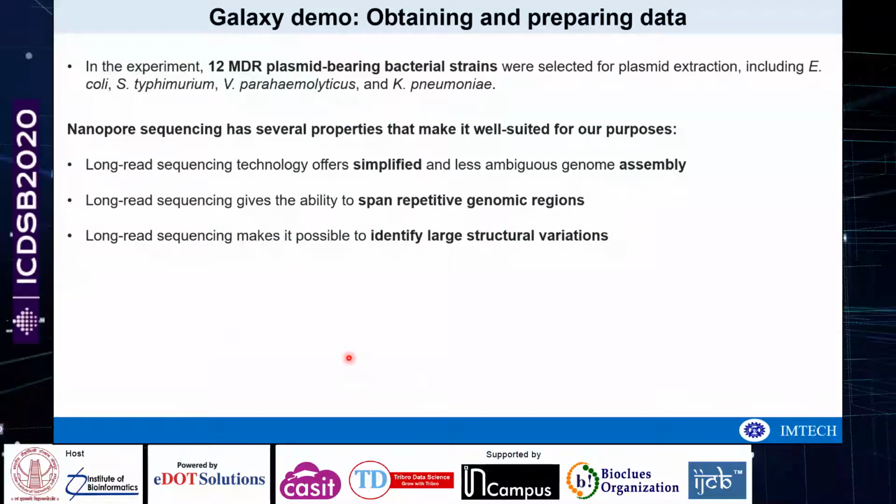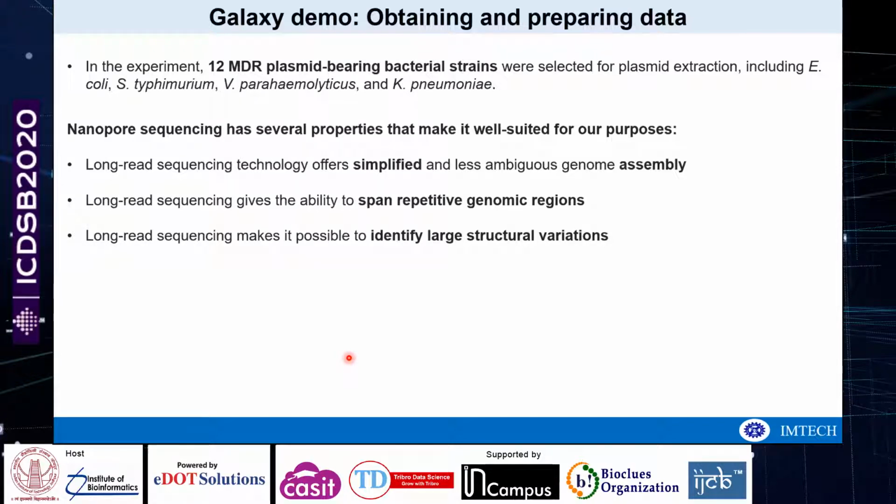So basically in this experiment, they retrieved 12 MDR plasmid-bearing bacterial strains, which include E. coli and Klebsiella pneumoniae, etc. Nanopore sequencing has several properties that make it well suited for our purpose. After performing nanopore sequencing, long read sequencing technology offers simplified and less ambiguous genome assembly. Long read sequencing gives the ability to span repetitive genomic regions, and it makes it possible to identify